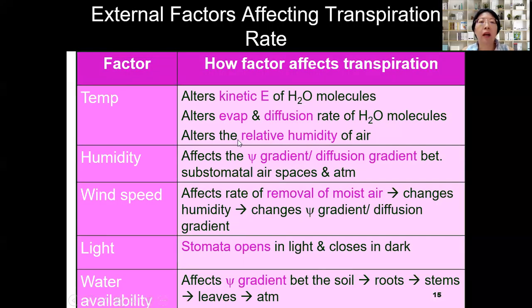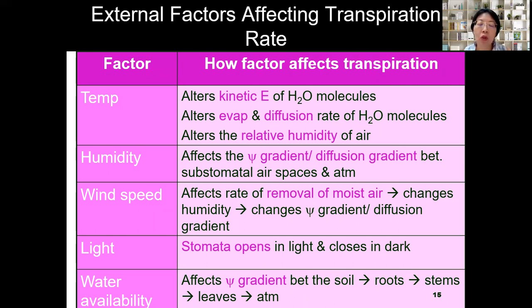Now, this is a table that describes and explains the external factors that will affect transpiration rate. Now, this is not mentioned in your syllabus, but it can be asked because it has to do with the movement of water based on water potential gradient. So you have learned that movement of water is due to a water potential gradient. You learn this in chapter 4 when you learn about movement of molecules across the membrane, including water